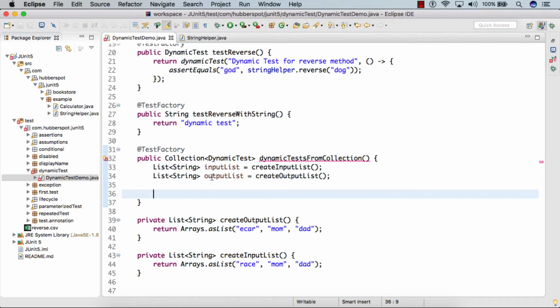So friends, from this method we need to return a collection of dynamic tests. So here we basically create a collection of dynamic tests.